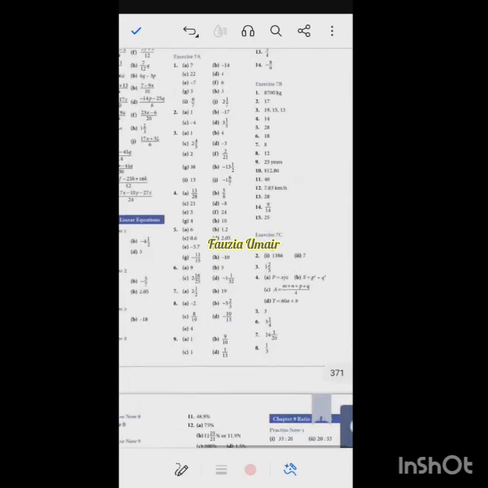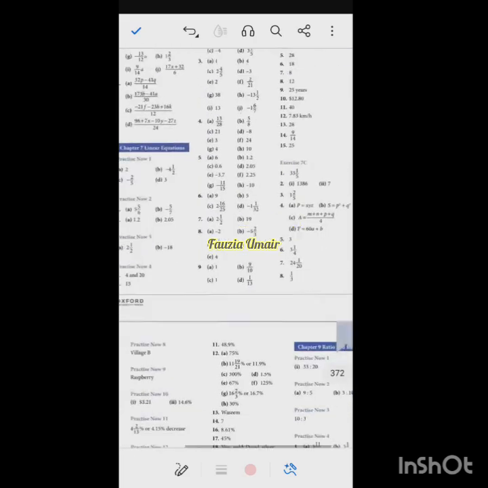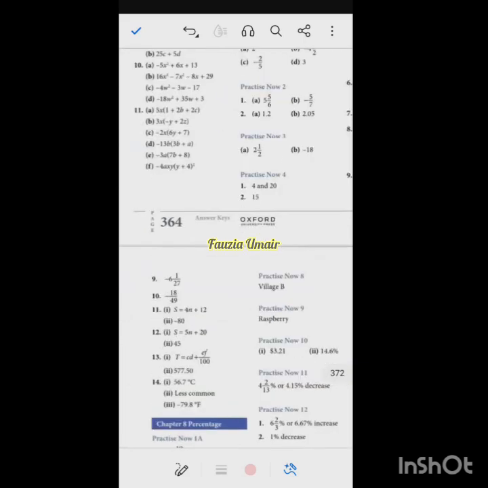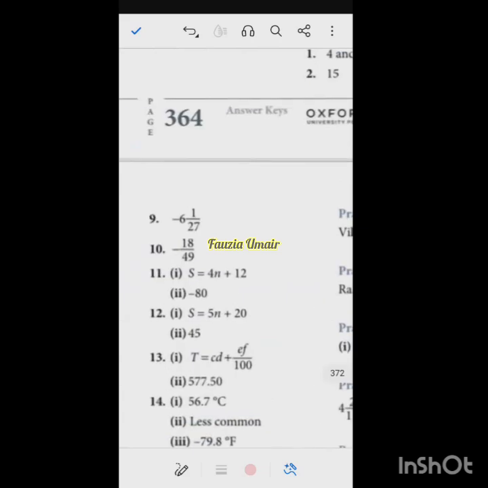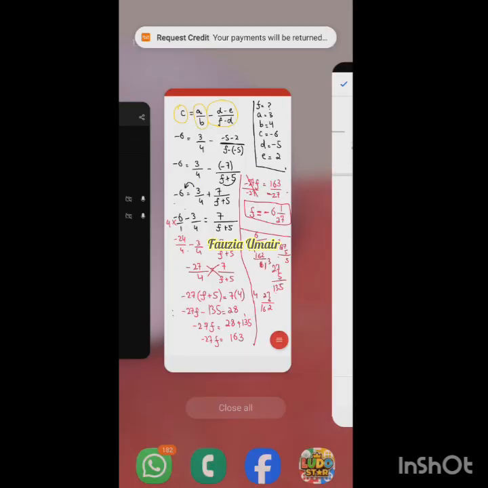All right. This is 7C, question number 9. Minus 6 whole 1 by 27. This is the answer, and this is the answer we got. Minus 6 whole 1 by 27, right? Same answer, yes? Yes, ma'am. Okay, beta. So it means